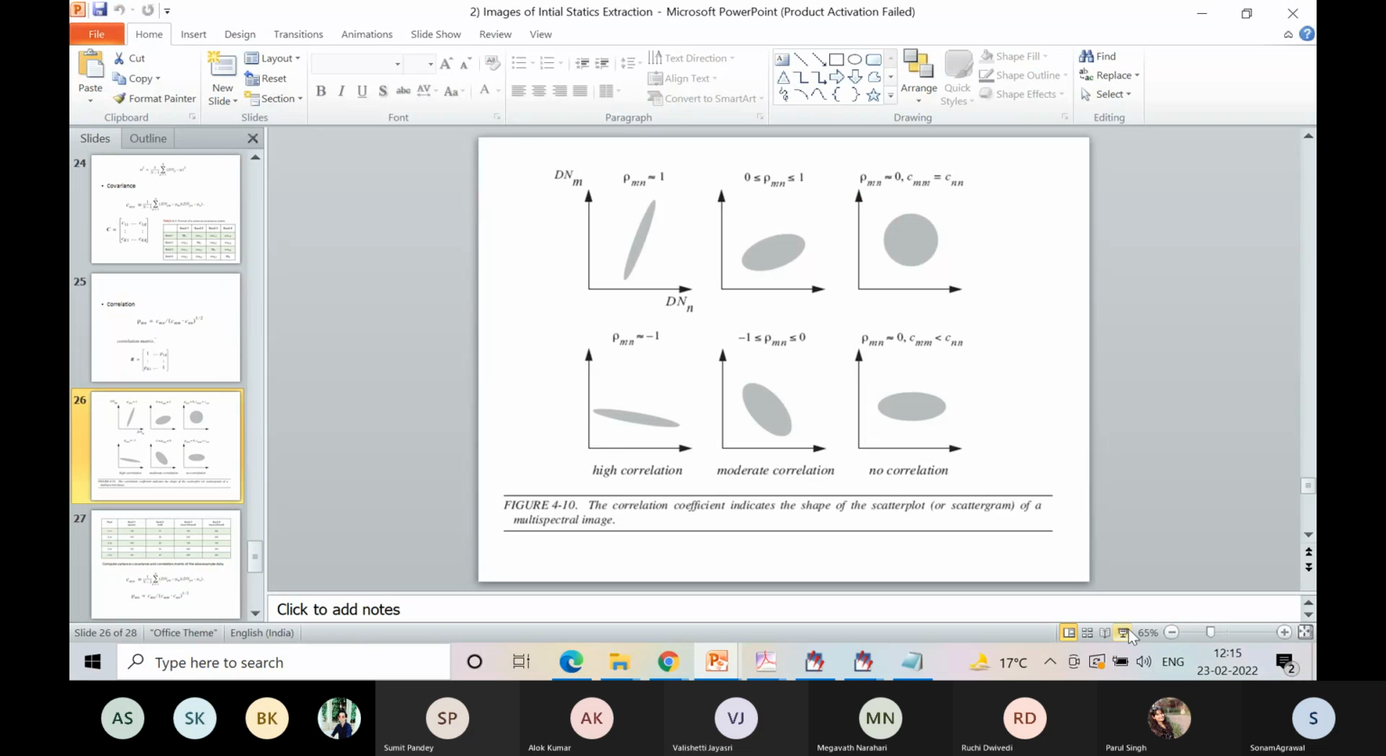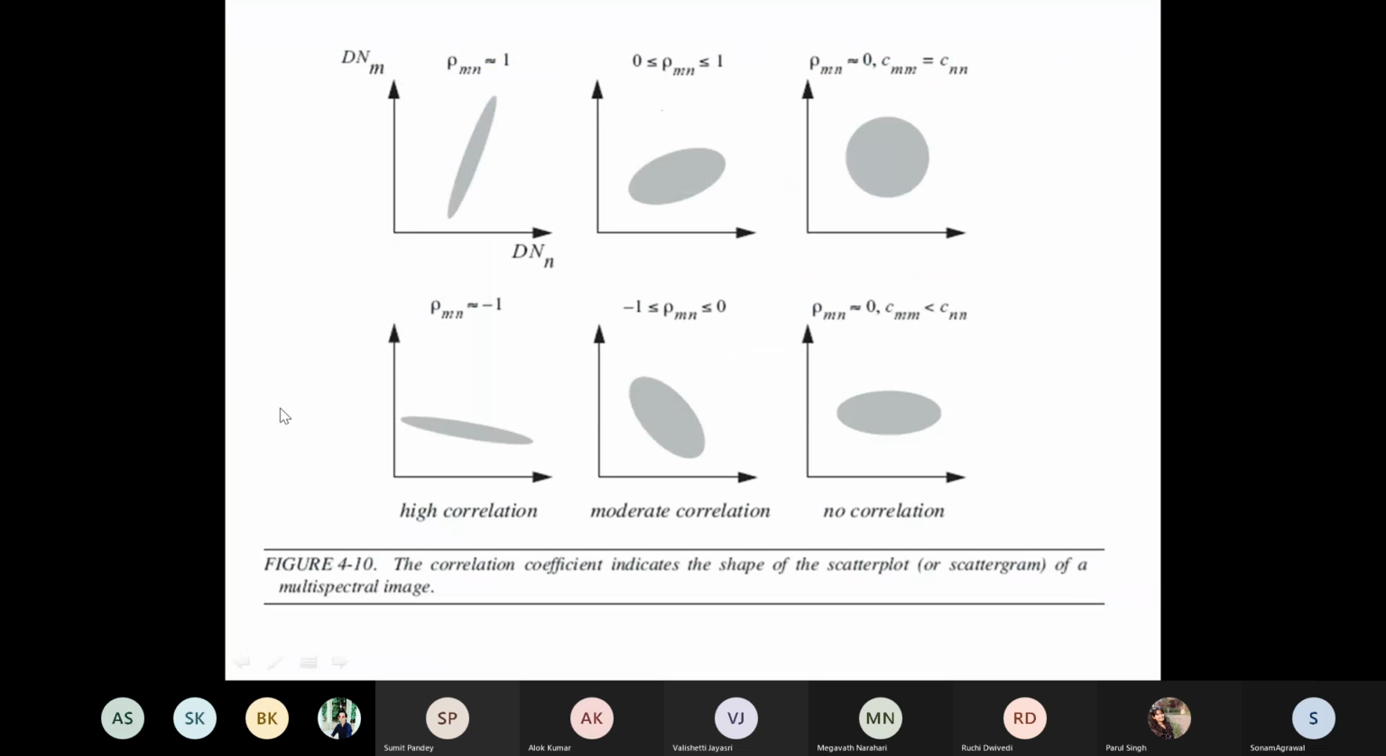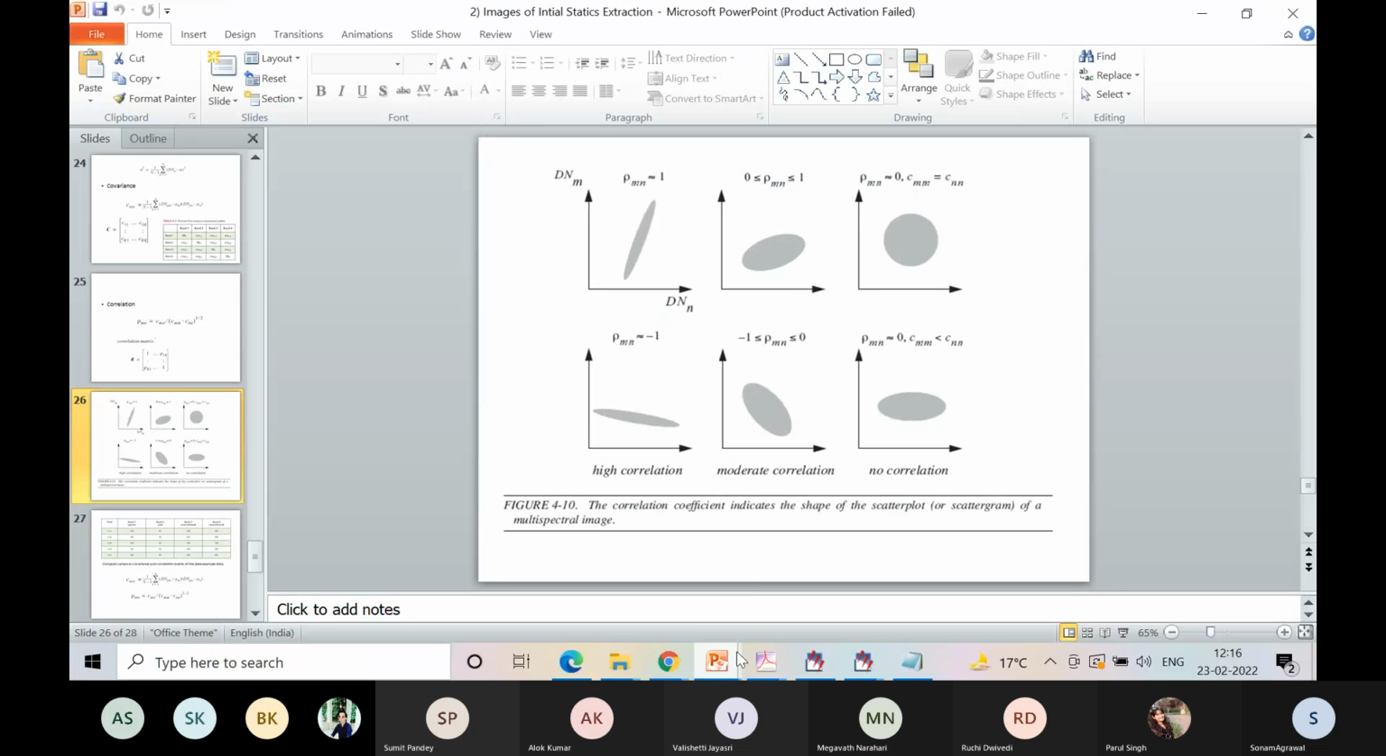What's this? We have already learned this correlation diagram, that when there is a high correlation, it will appear like this, negative correlation like this. And if the correlation is less, then it is appearing in a circular manner. This is what we have learned earlier in the SIP. Coming back to this point,